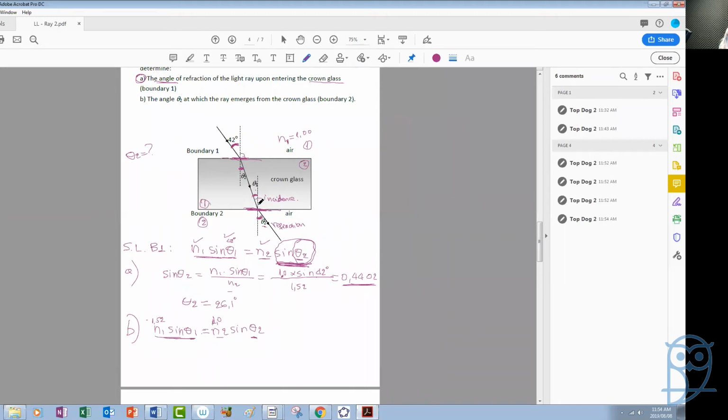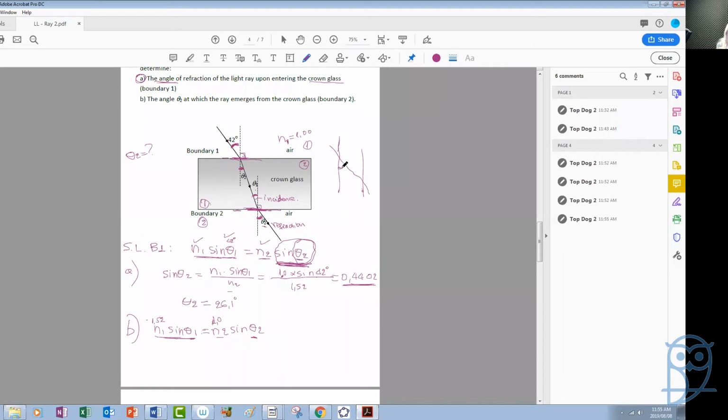These lines are perpendicular to this interface between the two media, the boundaries. So since these are perpendicular and since this is a rectangular block, these lines are parallel to one another. We have, in other words, two parallel lines, which are the two normals. And this ray here, this ray that intersects both of them,